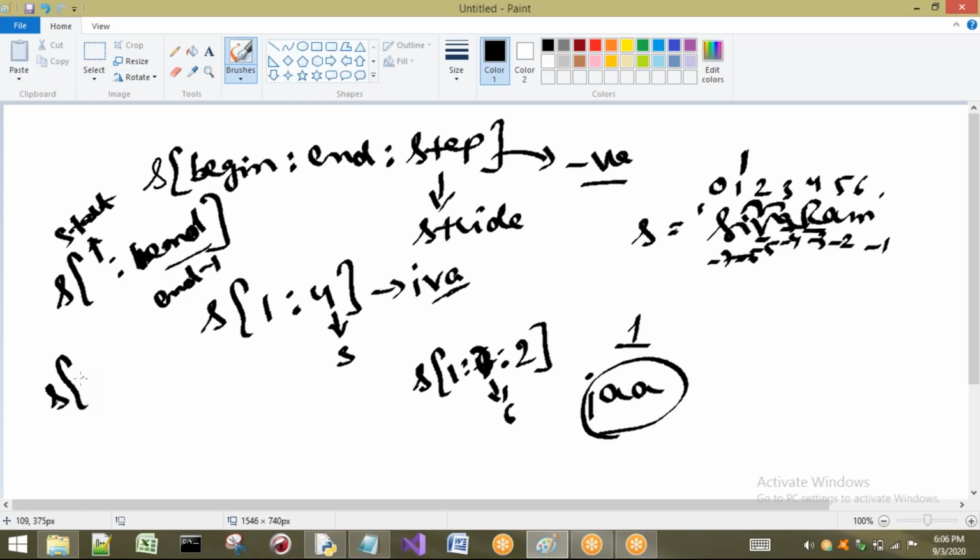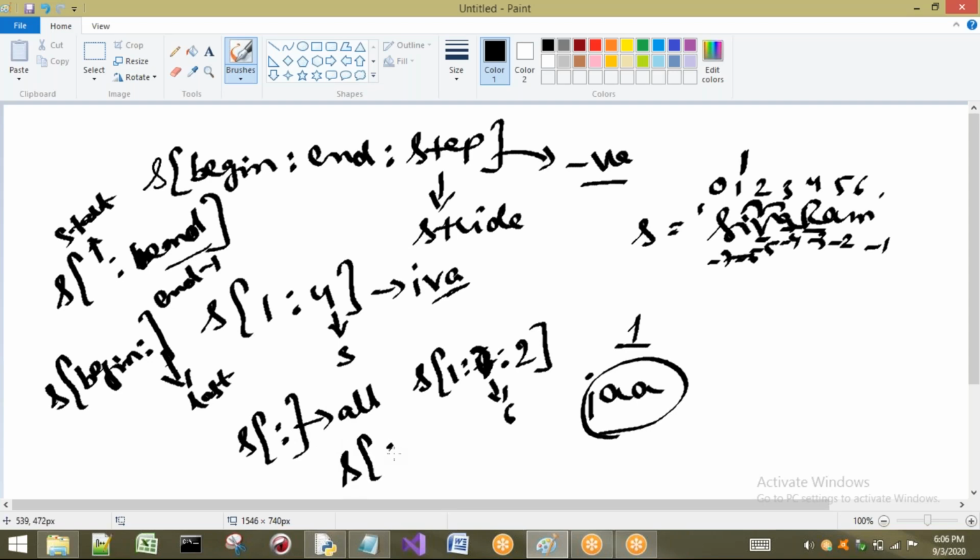If you are going to start from the begin value and keep the end empty, it is going to consider until the last character. In the same way, if you take only a single colon, that means all characters will be considered. Otherwise, if you take it in this way also, it is going to consider all characters, because by default the step is 1.